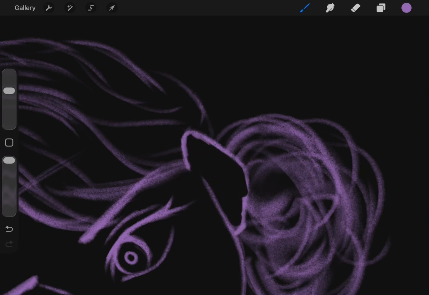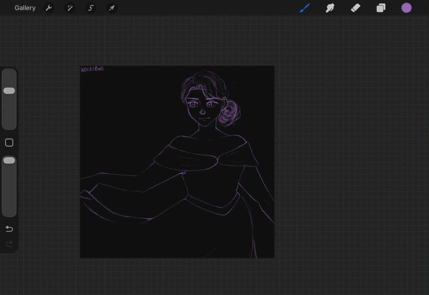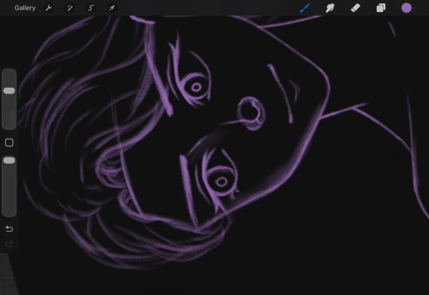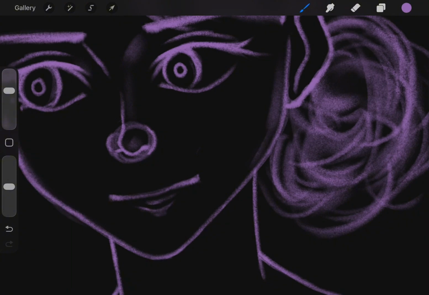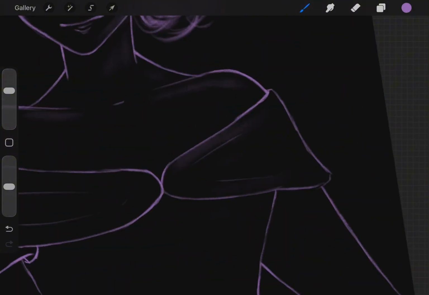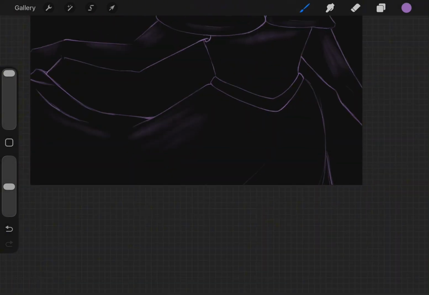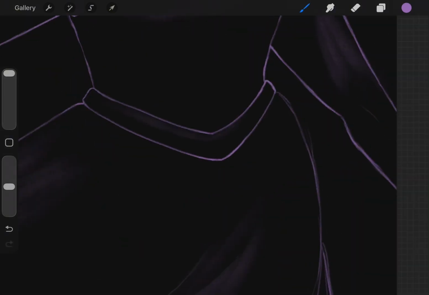So let's talk about the art for a second. There was a hand that was the worst. It's the one on the side holding the skirt. I had to spend so much time finding references. And so in the end, half of it was covered by the skirt, which was like, oh, that's lovely.